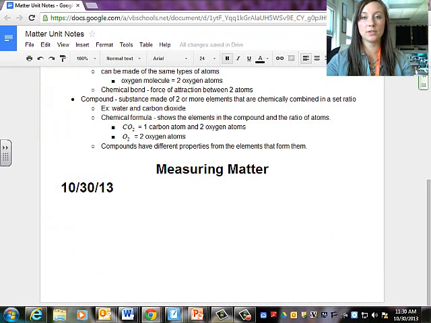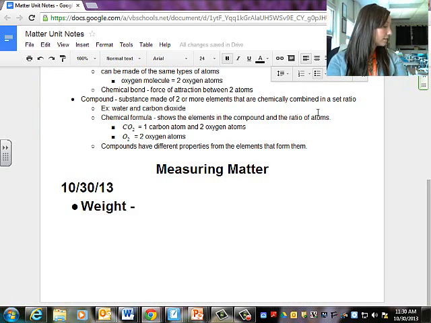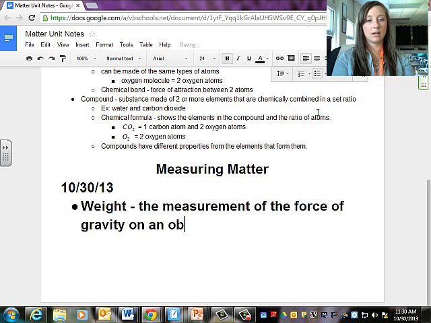So my first term is weight, and that is the measurement of the force of gravity on an object. And if we go back to our reading,